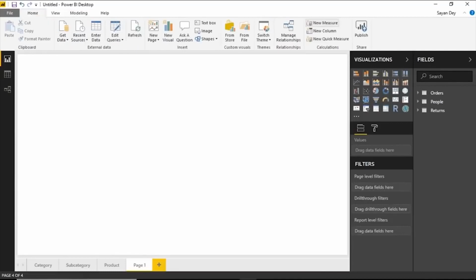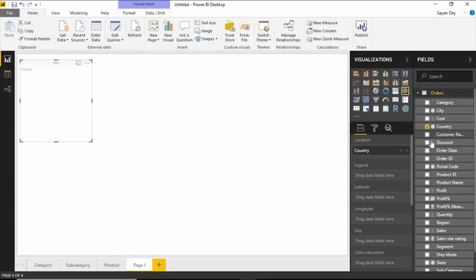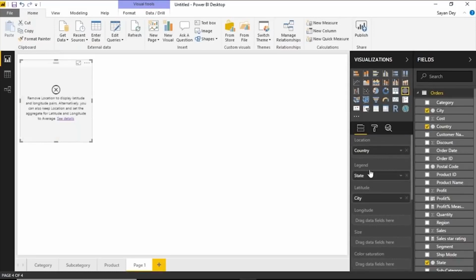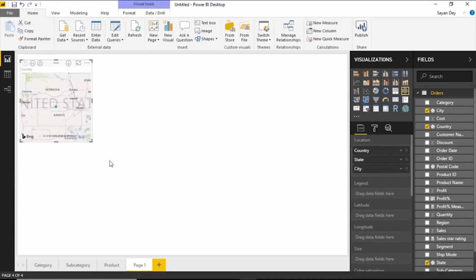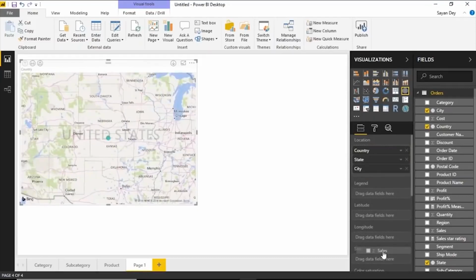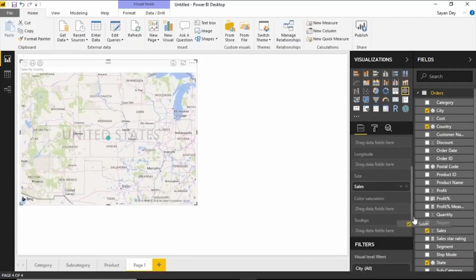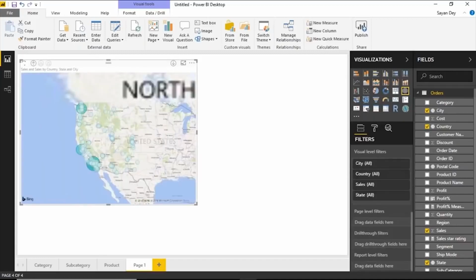Okay, and I can go ahead and represent this in a map. And all I have to do is just take my country, I'll take my state, I'll look at my city, and see how Power BI is not able to do it the best way all the time. So sometimes it will fail, and I'll represent this data based on sales. So sales is basically going to be my size, let's say. Okay, I can further do a color saturation based on sales. Okay, I can look at this data across, and now you're seeing,